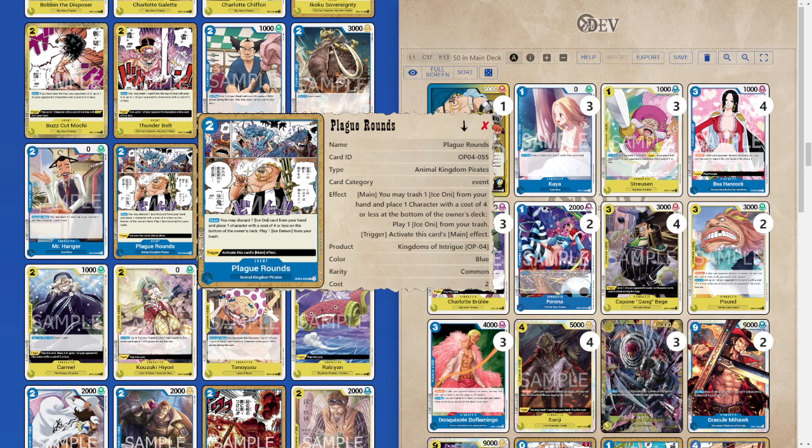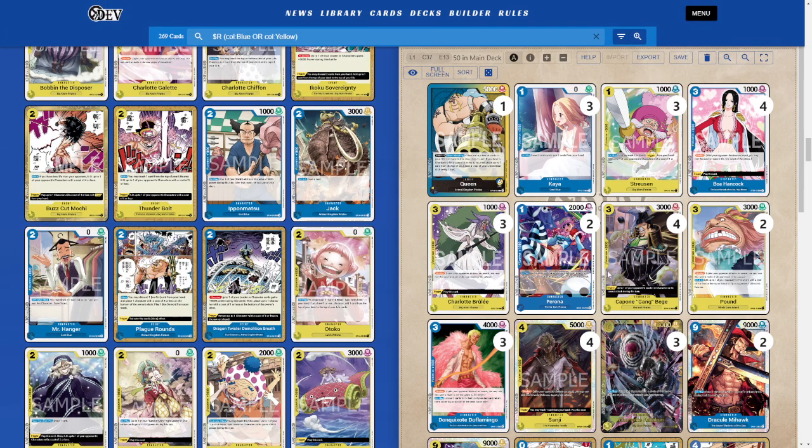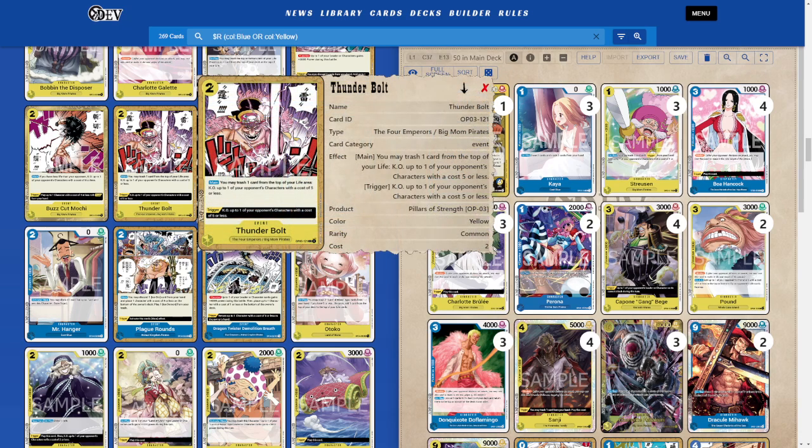I think there are lists that have topped tournaments running Plague Rounds with Ice Oni or Ice Demon. But I really don't want to go that route. Not saying it's bad. I just prefer what's going on here. Thunderbolt's a serious consideration. But here's the thing. It's just not...